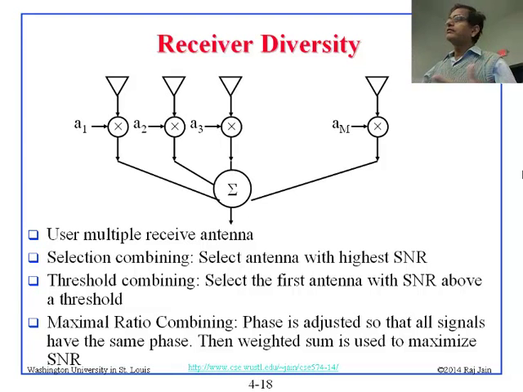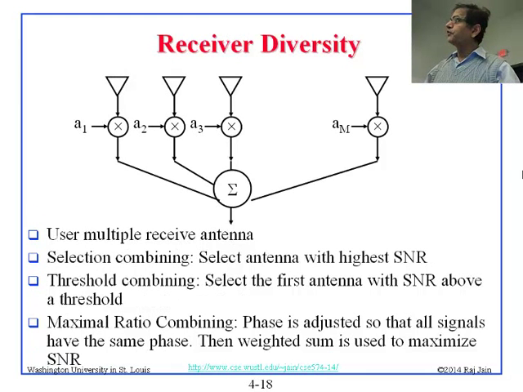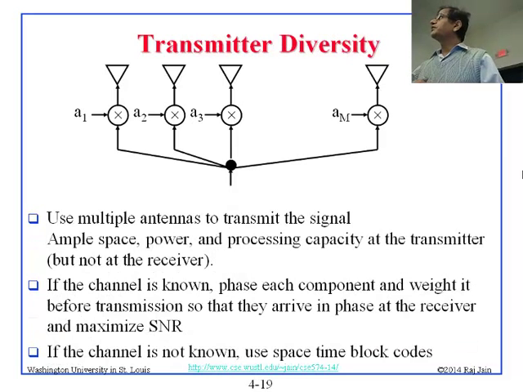And again, there is a lot of mathematics behind it, where people calculate the right weights and the right phase and so on and so forth. But the idea is that with more than one antenna, you can improve your probability of receiving the correct signal. Okay? Same thing you can do with the transmitting antenna. You could transmit more than one signal,